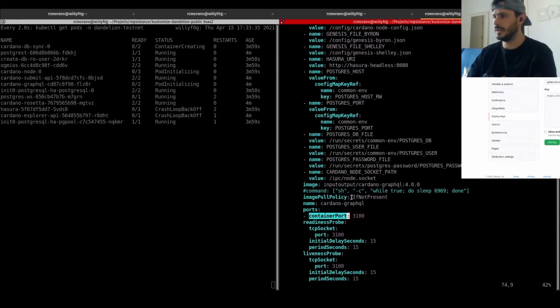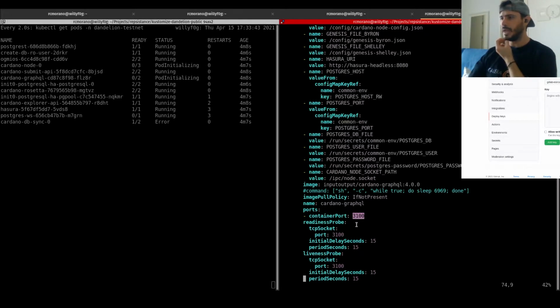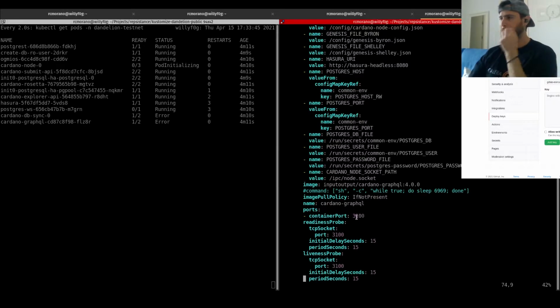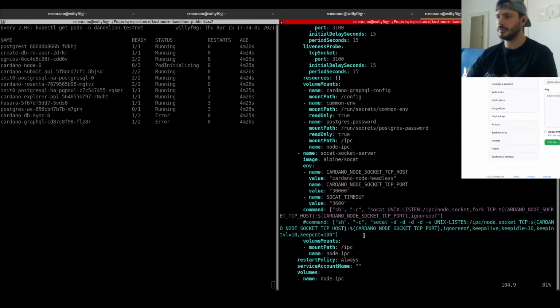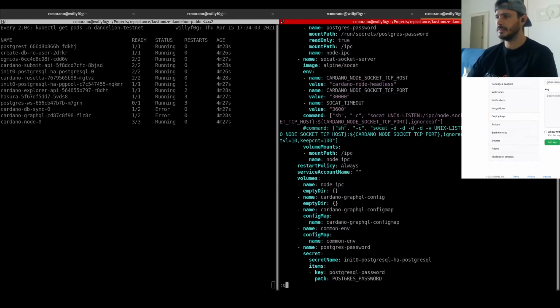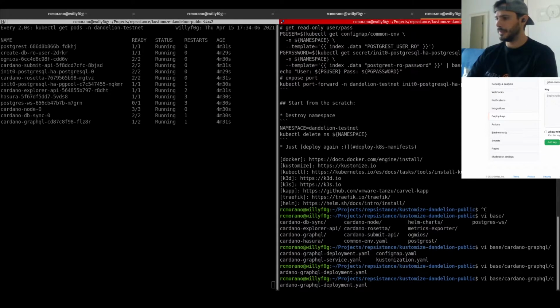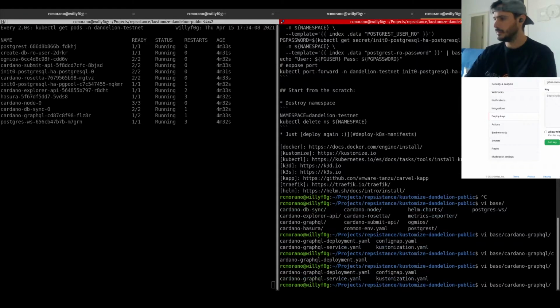You run a container inside a pod, which listens on a specific port, and you can have many different containers listening on the same port because, the way I told you, Kubernetes containerizes the network space for these containers, so there is no collision on port listening. Then you have the